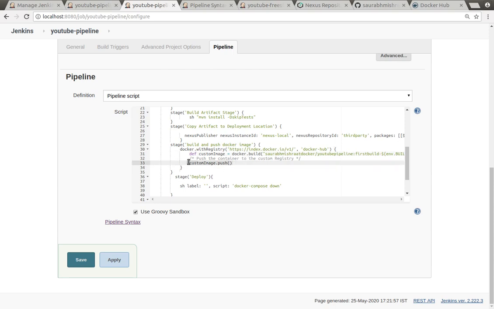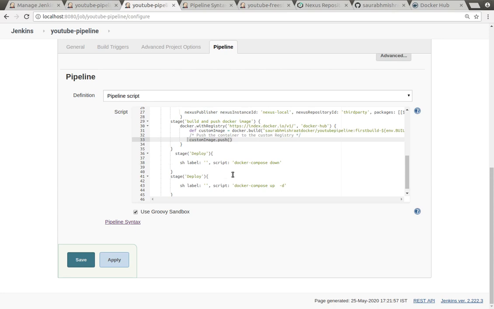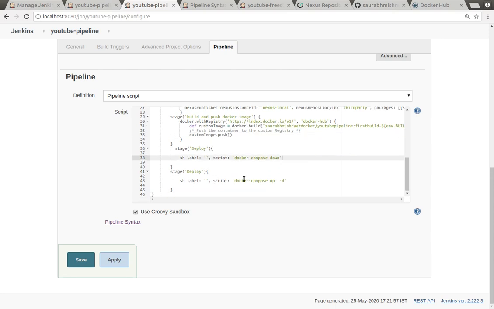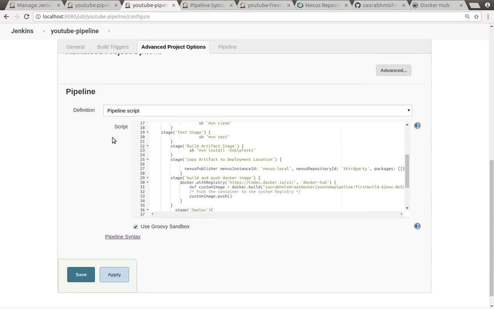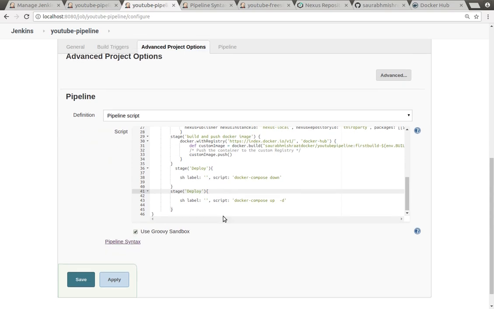After that, I'm saying push the image, and later on I want Docker to run also. As part of this example, I have created one Docker Compose configuration, which will first try to stop the application if an existing Docker Compose is running for it, and then later on start it in detached mode. So this is the configuration I have created. Based on that, when we run this, it will build the application and run all those things.